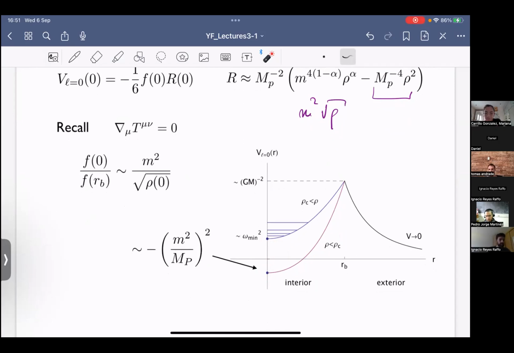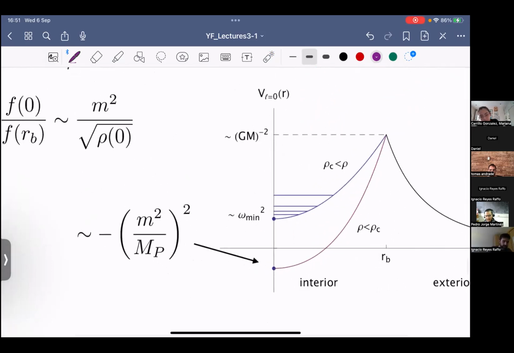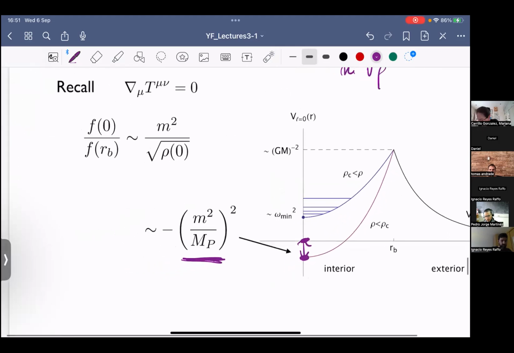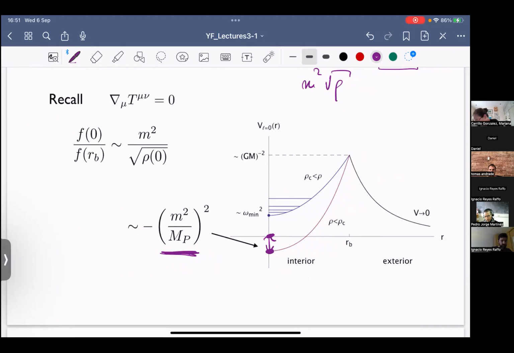And now we can finally ask the question, well, is this measurable? One simple thing you can do to estimate the order of this effect: if you completely neglect the anomaly, the value of the potential would be this number. Now, the potential vanishes at the critical density because then the Ricci scalar vanishes, right? So we can just ask, what is this value? That's just given by this number here. What's the order of magnitude of this number, which depends only on the mass of the particle and the Planck mass? If you simply replace, for example, the mass by the electron mass, this thing over here gives you